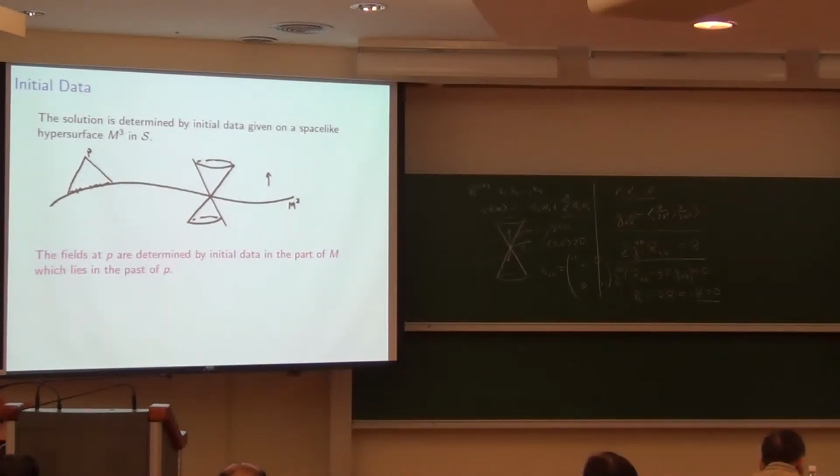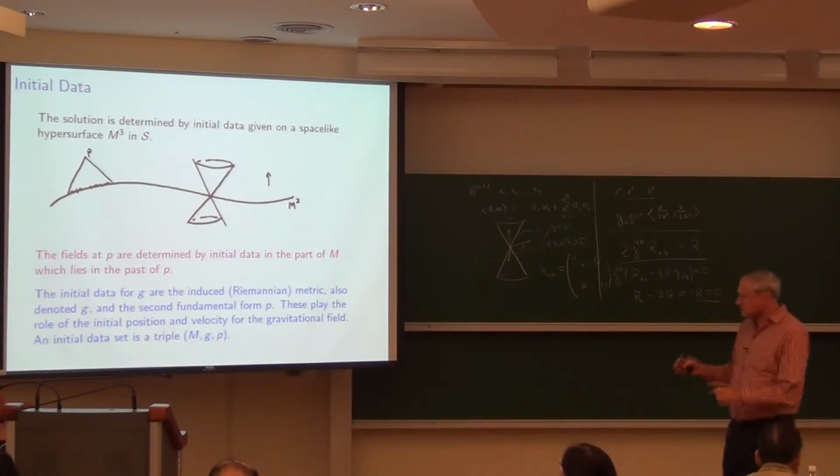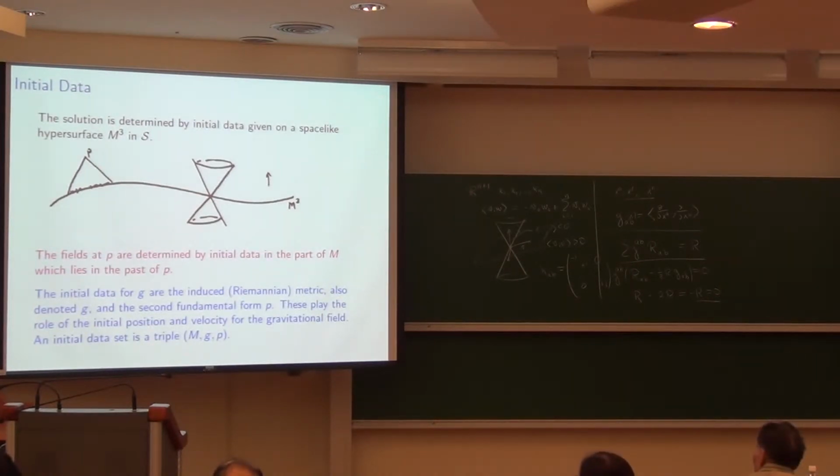Okay, and so as I was saying, the gravitational field evolves from initial data, and so you think of it as being like a wave equation. If you think of the wave equation, the initial data for a second-order hyperbolic equation is the initial position and the initial velocity. The same thing is true here, except now everything is geometric. It's all coordinate free. So the initial data for the Einstein equations, think of the vacuum equations first, are the Riemannian metric, that is the induced metric G,